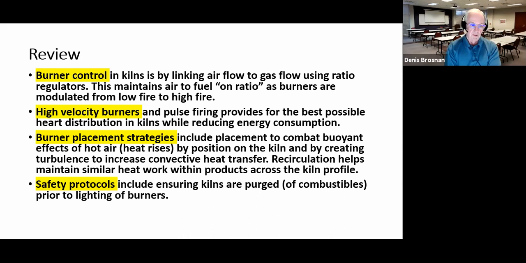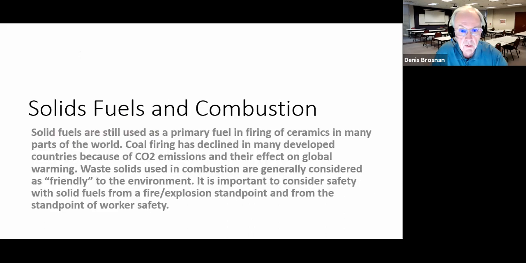We talked a lot about safety last time, and my particular focus in the lecture was about purging the kilns of combustibles so that you cannot have an ignition and a kiln explosion. There are many aspects of fuel safety that we didn't cover, but that's one that I really wanted to emphasize in the lecture. So today we're going to talk about solid fuels, and solid fuels were the original fuels used